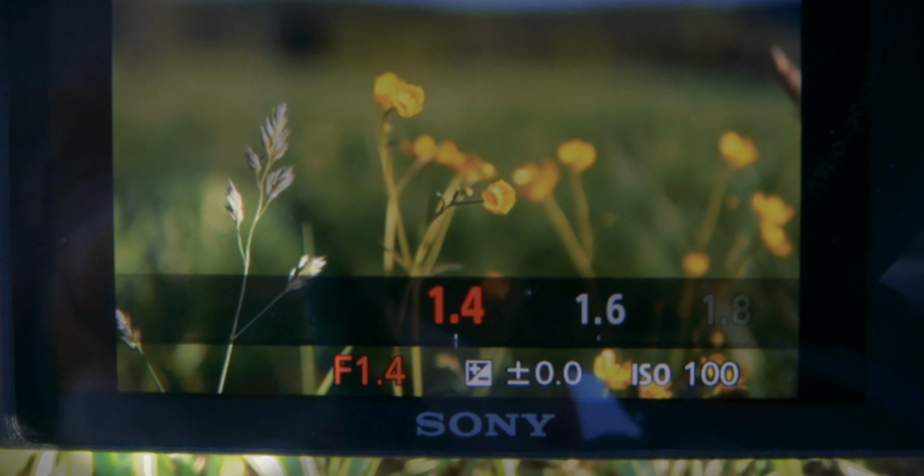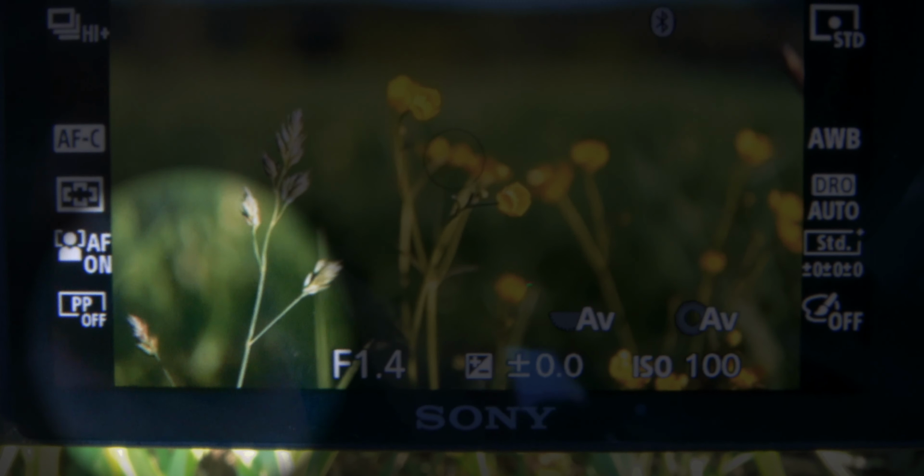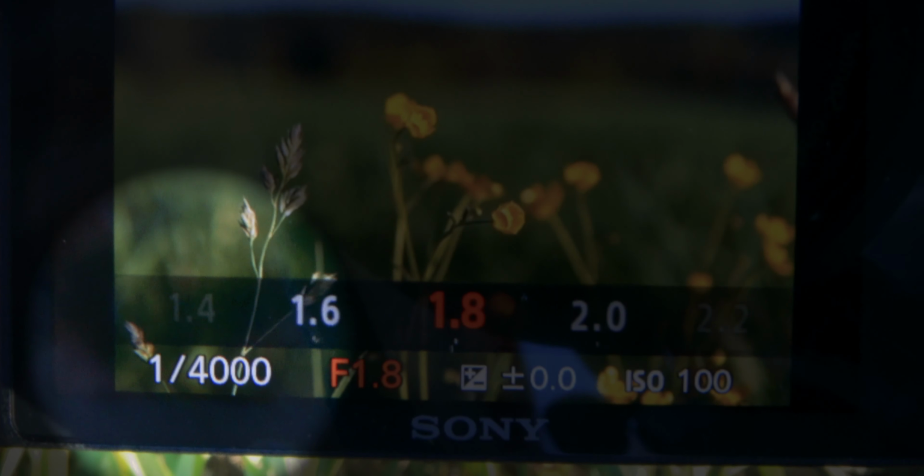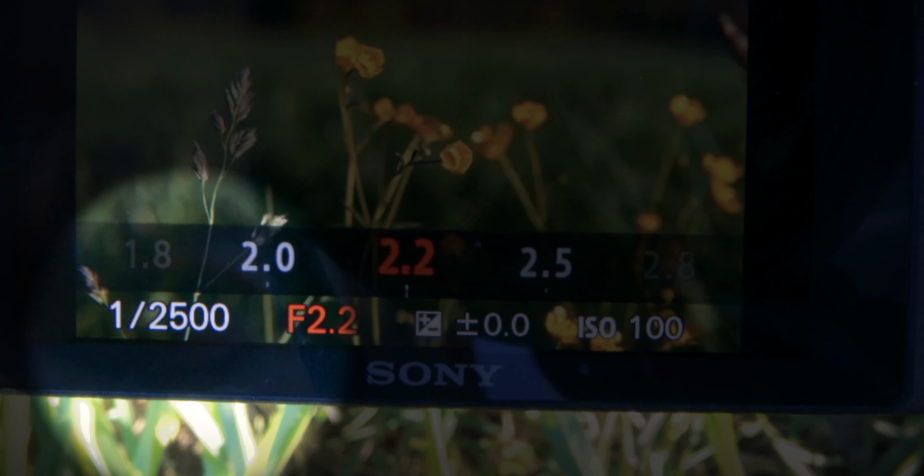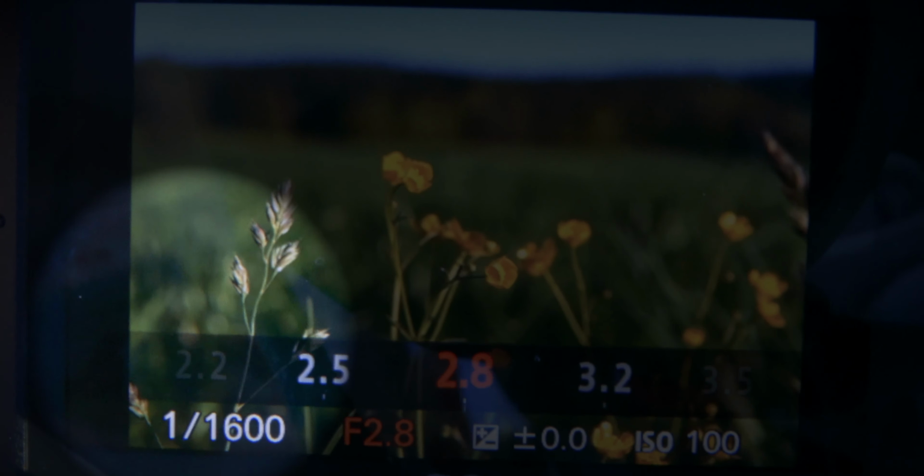Now, how does this happen? Well, the camera will let its light meter measure the amount of light that's coming through and automatically match it to the shutter speed that is needed to have this picture or video properly exposed. What does it mean to be properly exposed? Overexposed is too much light, underexposed is very little light.